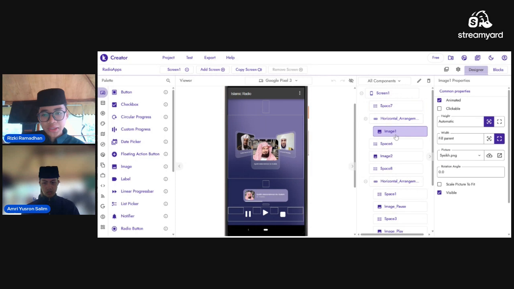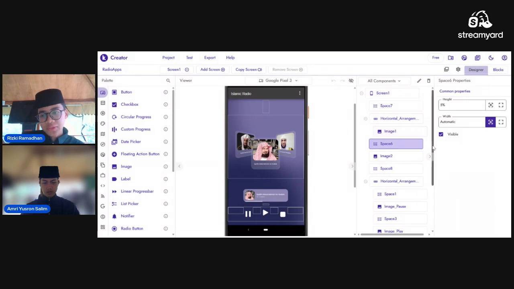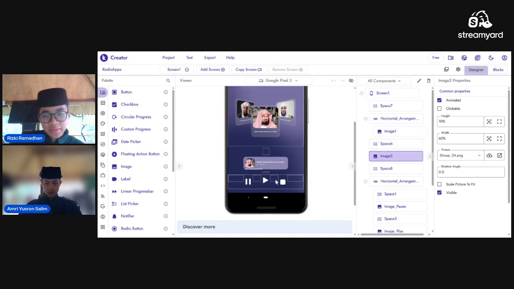So here image one. So image one is there are three picture of the sheikh in here. So I create this asset from the Figma, like the glass effect here, and then the height is automatic and the width fill parent. So next to the space six or the space in here. So I get in the 5% of the height and the width automatic, and then image two that this I create this. So like there is play there is playing,